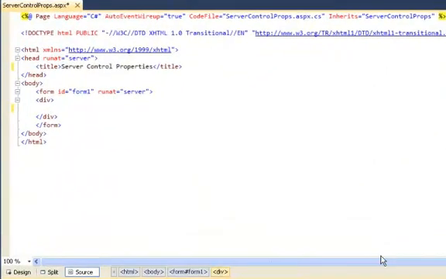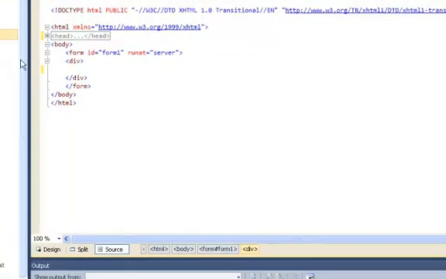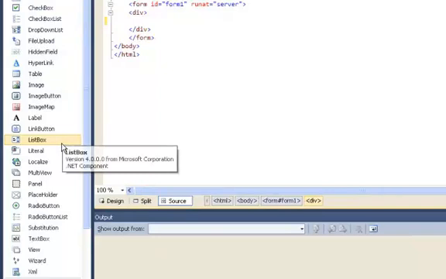So here's the page, and as you see, it's just an empty ASPX page. It's called server control props.aspx, and it has a head element with the title server control properties, and then a body with a form. It's called form1, and it runs at server, and then there's a div element within the body of this page. Now let's drag a text box